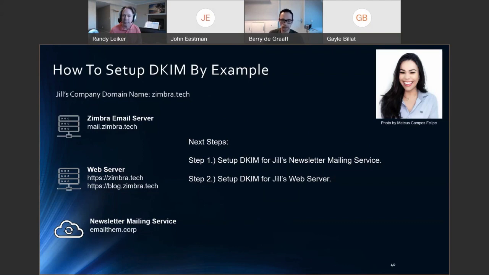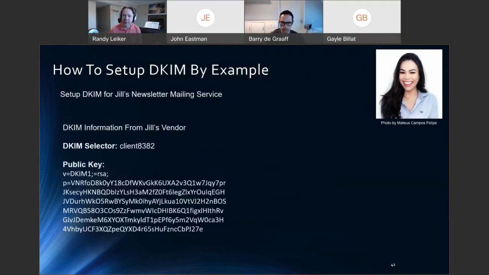her best interest. To make that happen, Jill first contacts her newsletter vendor, emailthem.corp, and the vendor provides her with instructions on how to generate a DKIM selector and encryption key pair using the vendor's website. You may notice that this DKIM selector looks very different from the selector that we saw generated on Jill's Zimbra server earlier. The selector can in fact be any alphanumeric text string and simply serves as a kind of unique identifier for the DKIM key pair that Jill's vendor has created. We will see a little bit later in the webinar how the selector is used when Jill's company is sending